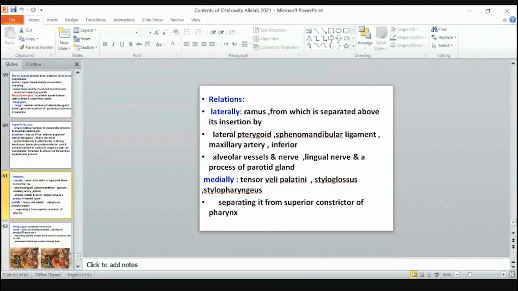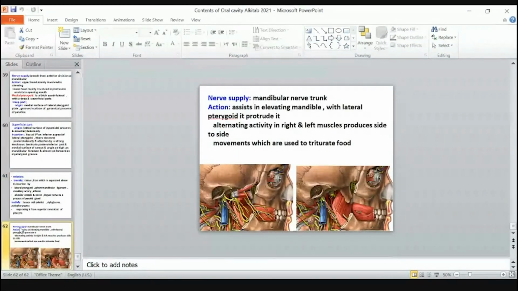Medial pterygoid is supplied by the mandibular nerve to medial pterygoid, which is from the trunk, while the other three are all from the anterior division of the mandibular nerve. It assists in elevating the mandible, while lateral pterygoid protrudes it. Alternating activity of both on both sides, with the lateral pterygoid and right and left muscles, produces side-to-side movements, which are used to